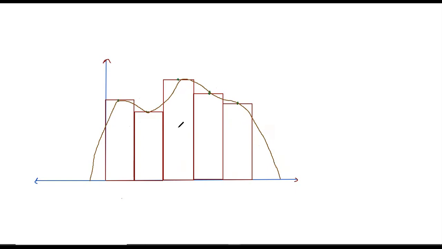Instead of using the scale, you will be using your hands only. It will be a freehand curve, and at the top it needs to be in the shape of a curve. So at whichever point it is meeting the top of the bar, the top of the histogram, at that place you will be shaping it in the form of a curve. So that's how the frequency curve is made.